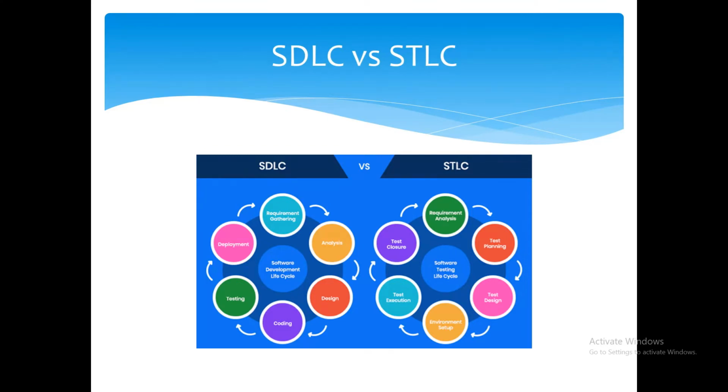Next, according to the requirement analysis, the software development team will build the low level and high level design of the software. In the STLC, the test lead or test architect will plan the test strategy. In the SDLC coding phase, the software developer starts writing the code according to the design document. In STLC, the QA team develops the test scenarios